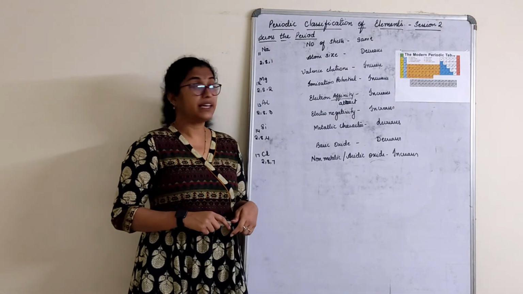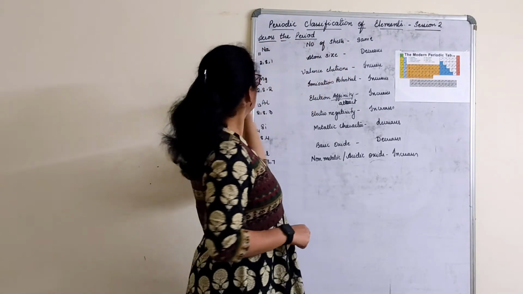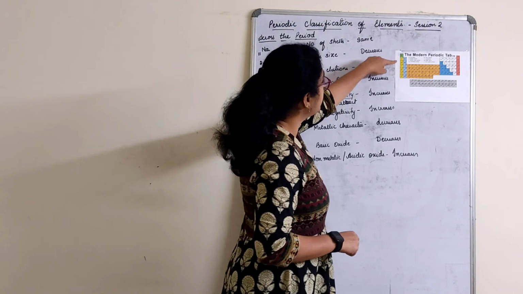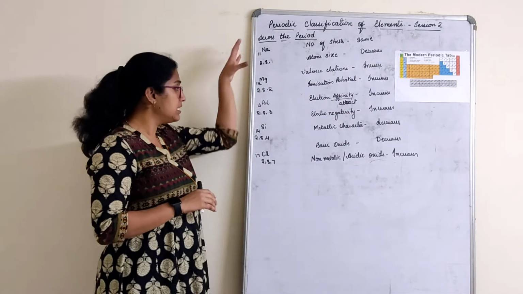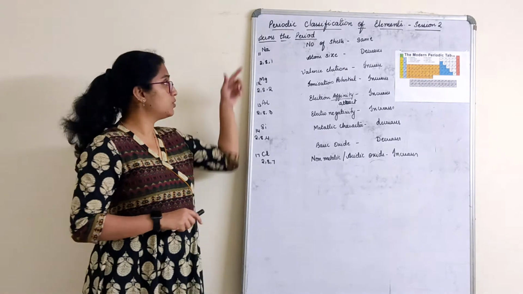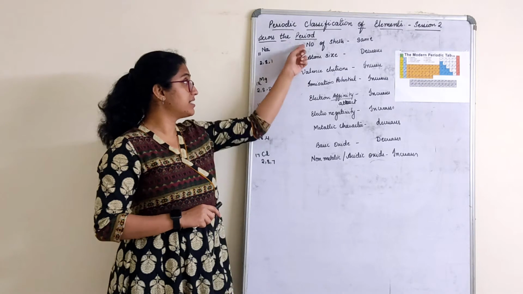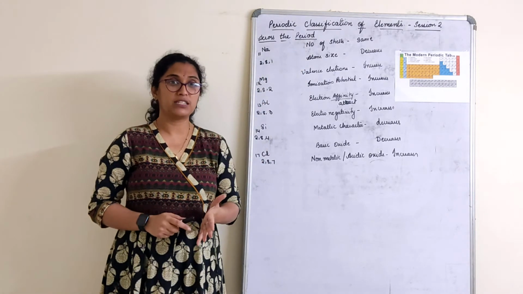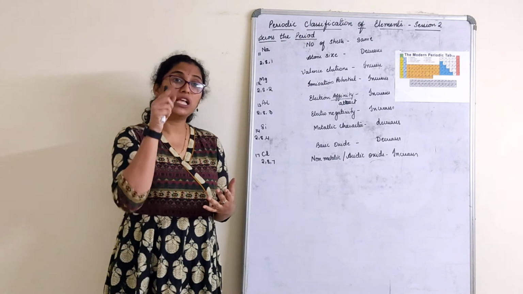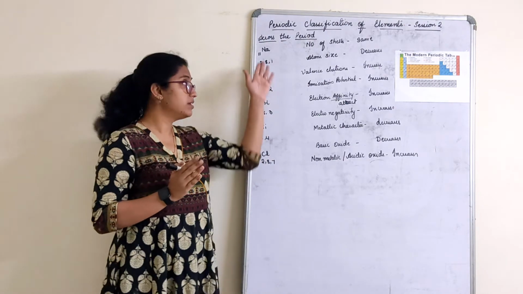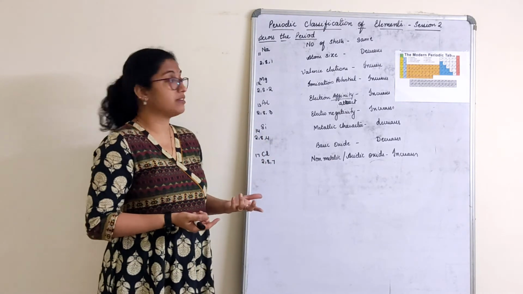So now across the period, what I have done here is I have chosen sodium, magnesium, aluminium, which actually come in the third period. Just random third period I have chosen. Few random elements I have written here with its configuration, children. Same thing I have written again here. Let's understand number of shells. It has to be the same because it belongs to third period. What does period indicate? Number of shells indicates the period. So shells are 3, so period is 3. So shell has to be 3, right?